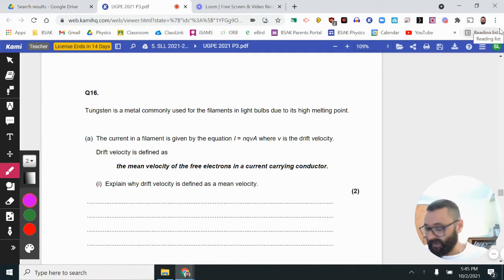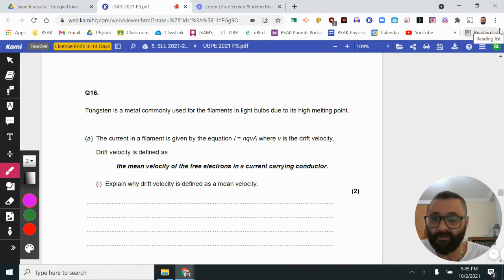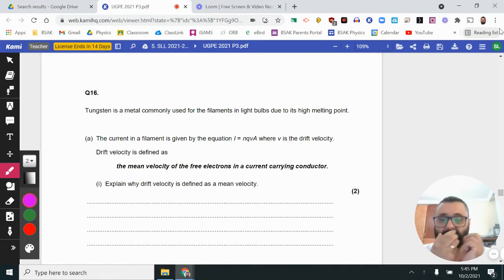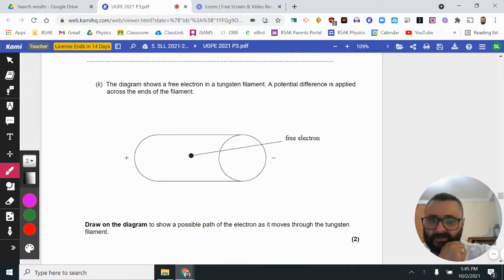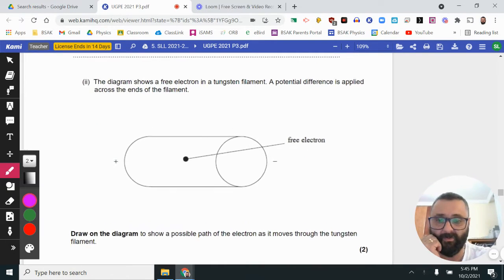Right, the resistivity and drift velocity question. Okay, we've got a drift velocity equation. Right, drift velocity is defined as the mean velocity of the free electrons in a current carrying conductor. Why is it mean? Let's go to this part of the question first, because this will make it more